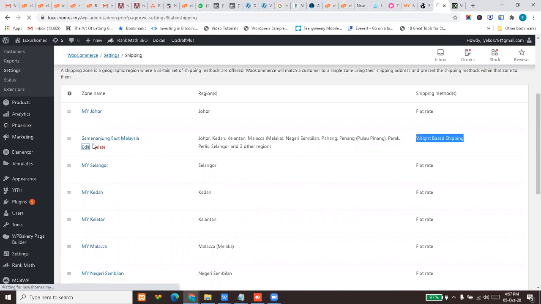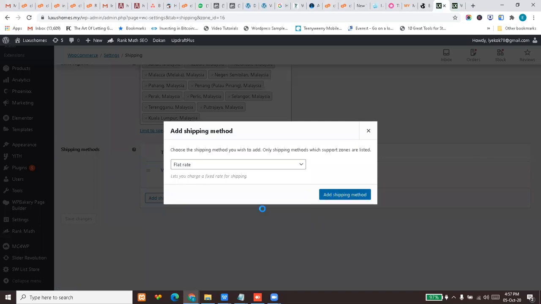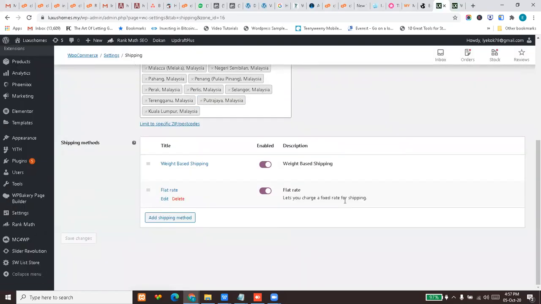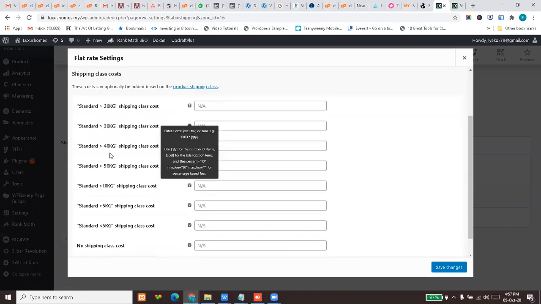So if you want to mix it, for Semenanjung, you will need to add another shipping method, which is flat rate. If you want another one, flat rate is pretty straightforward. It's basically your cost. That means if it's